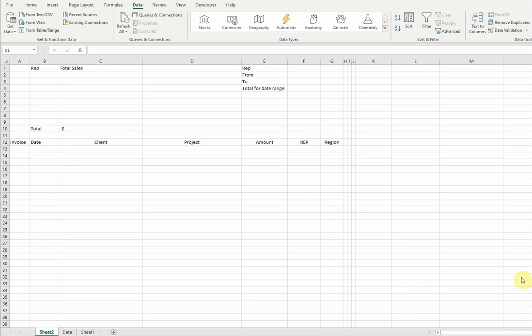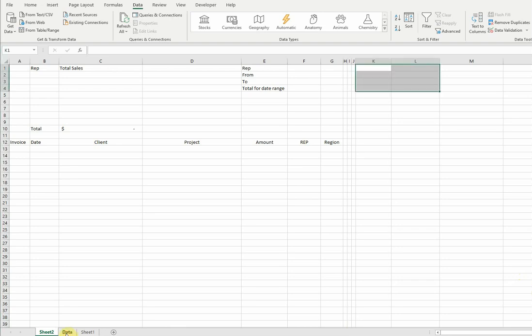If you're using Excel online, you can share this with others who can access it, if a rep themselves wants to see how they're doing versus somebody else. There's a lot of little nuances and tricks and things that we're going to try to go through here. We're going to try to do this fairly easily. I'm going to use